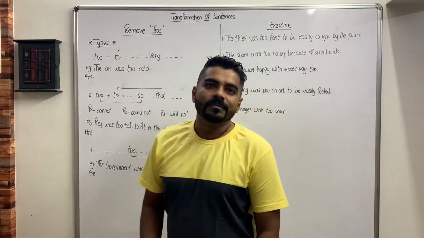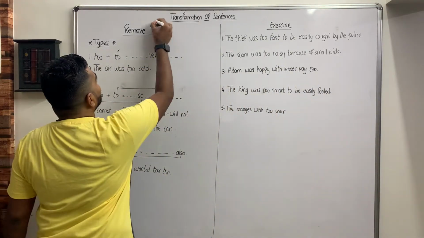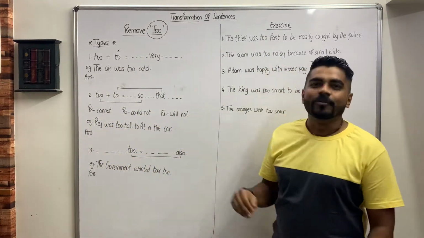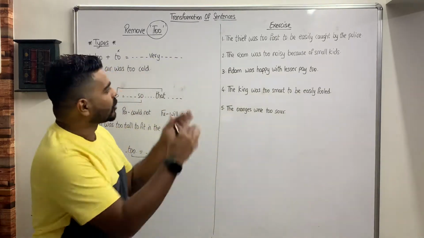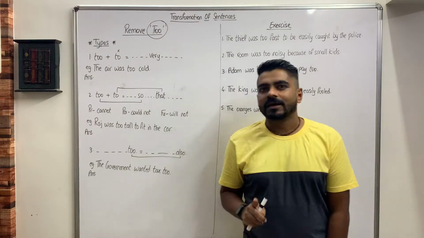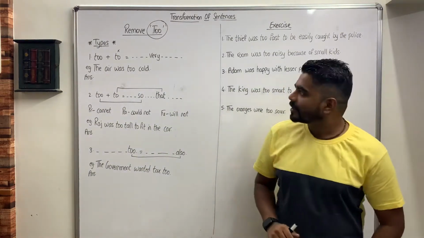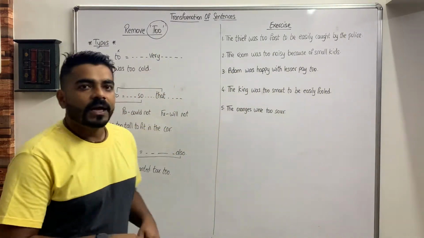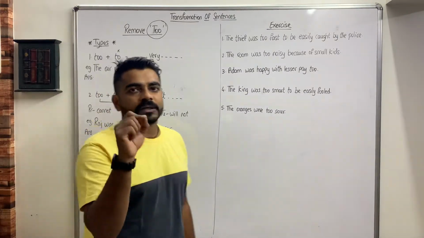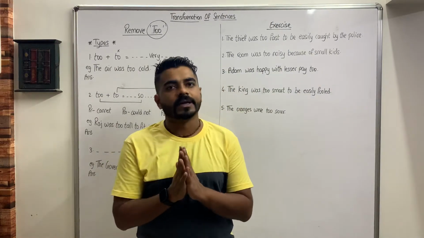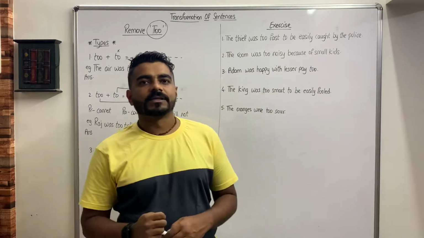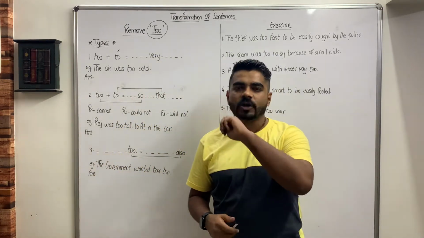So remove too. What do we have to do in this topic? Obviously we have to remove too. Alright. So now we cannot just remove too from any sentence. Like, remove too बोला है तो एक काम करो too जिधर दिख रहा है निकाल दो बाकी सब कुछ same. What we have to do is the question and the answer should always mean the same. So what we do in this is we remove too and we add certain words such that the question and the answer do not differ in their meanings. Alright. So we have a total of 3 types of sentences that can be asked in remove too.